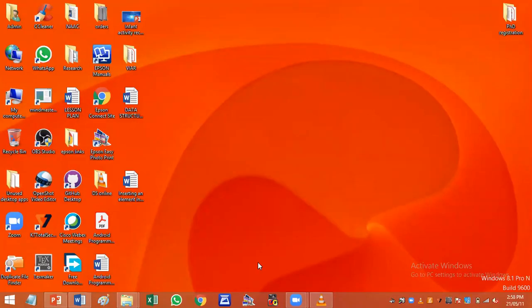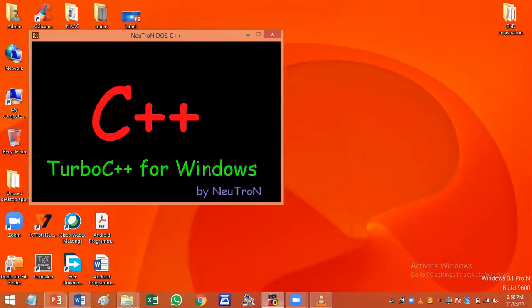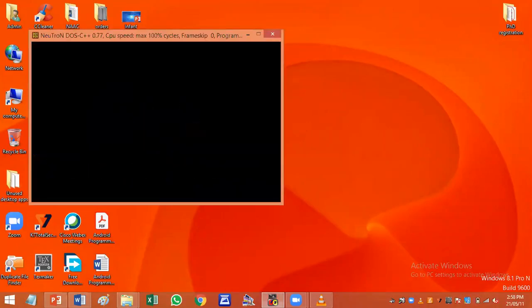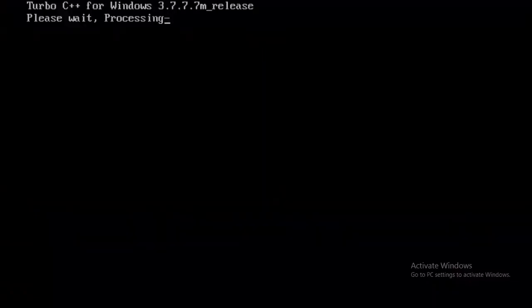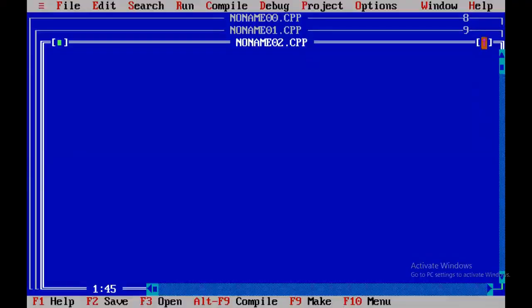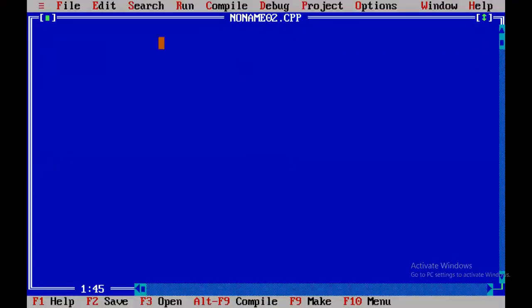Now we are going to implement the program in C language. Okay, so I'm using Turbo C. Why I'm going to implement the program in C language is because you have already studied C language in your previous semester. Okay, so I'll open a new file and I'll include a comment section.